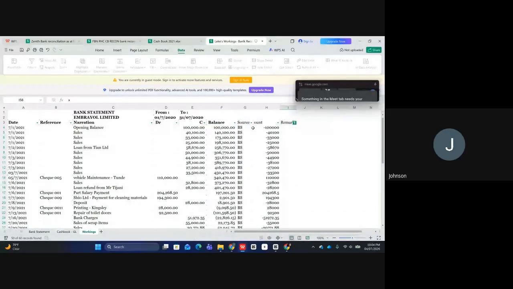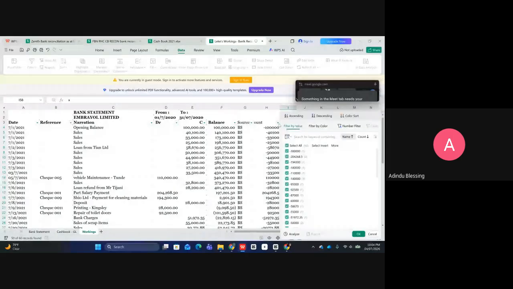Now the next thing, you still come back again. What if the amount is the same but the description is different? Yes, so that is why we are checking, to be sure that we are doing the right thing. Do you understand? Yes, thank you. So the first thing you do again, on filter, go and look for the middle,